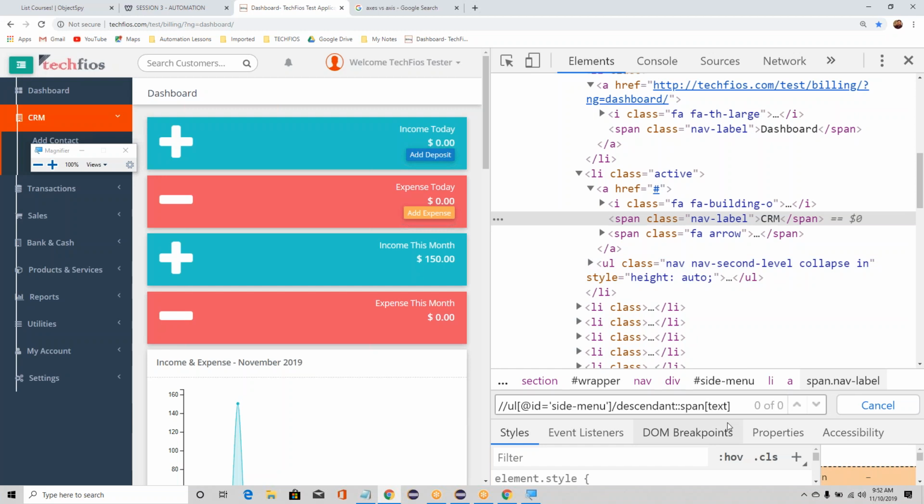Good. Open, close. And then what? CRM. Y'all can answer if you want. Comma. Not comma. Comma is only for what? For contains. For contains. Equal, I think. Text equal in the single quote CRM. CRM. And then